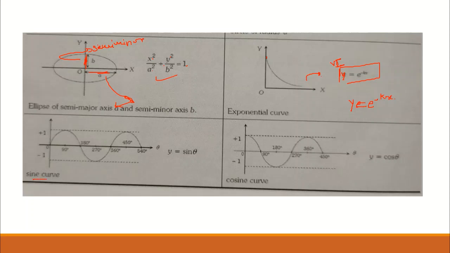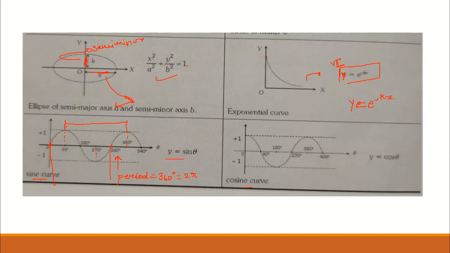Now coming to the sine curve and the cos curve. In the sine curve, the graph repeats its value after 360 degrees, meaning it has a period of 360 degrees, or we can say 2 pi. It repeats its value after exactly 360. It means 90 plus 360, that is again 450. It is one complete cycle. After an entire complete cycle, it will repeat itself.